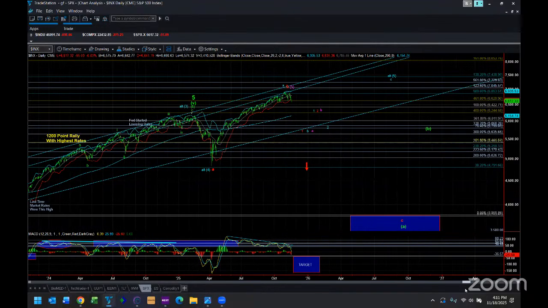There are two basic paths that I'm tracking, but I'm not going to really get into the highly technical aspects of it. I want to be done with my analysis by 4:30, so I leave plenty of time. I'd like to have probably about a half hour. I'm willing to stay as late as 5 o'clock and leave half an hour for questions if you guys have them. The only thing I'm going to ask you not to ask is don't ask me if something is possible, because the market has an infinite number of possibilities, and we try to focus on what is most probable.